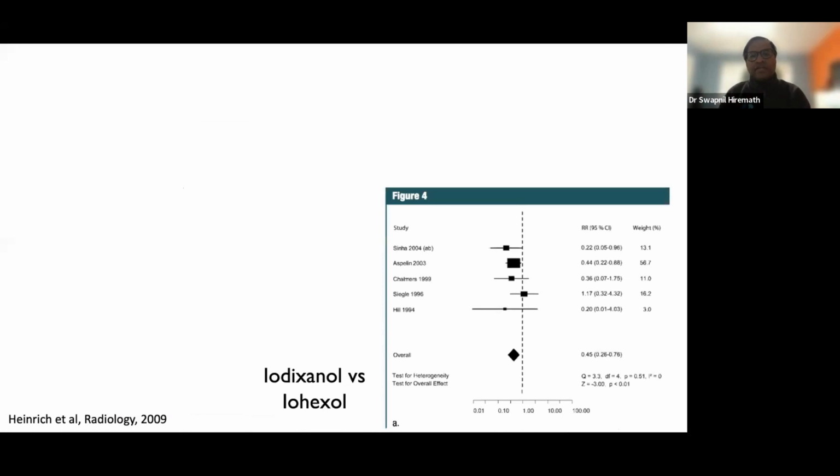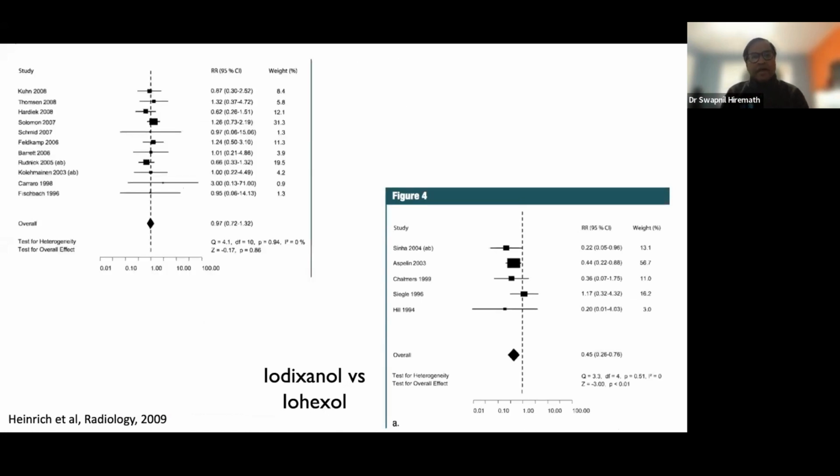And what they did is they looked at iodixanol versus iohexol, where it seems that iodixanol is better, which is the isoosmolar. And they looked at all other low osmolar, and it looks like iodixanol is no different than other low osmolar. Now, this is all because of this single trial by Aspelin, this big black box that you see in the bottom right. That is the trial which was stopped early, and that drives all those results. To be honest, I don't think there is much of a difference between low osmolar and isoosmolar. So whichever is cheaper, that's what you should use.